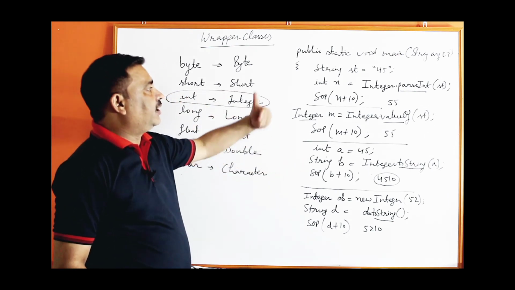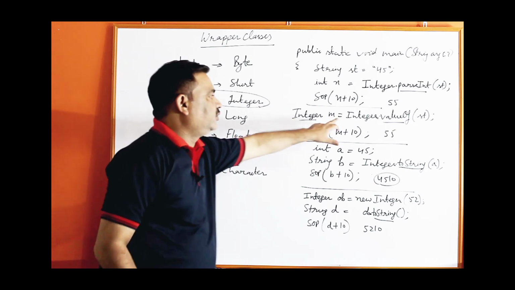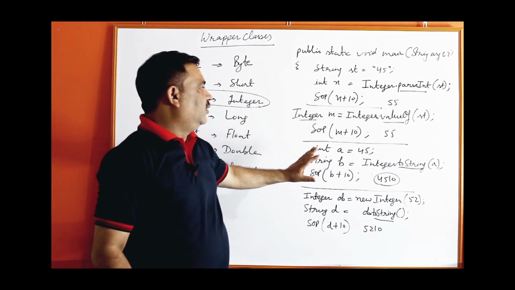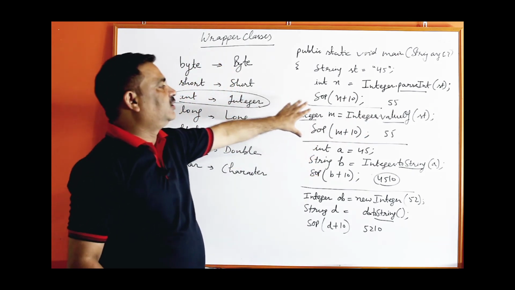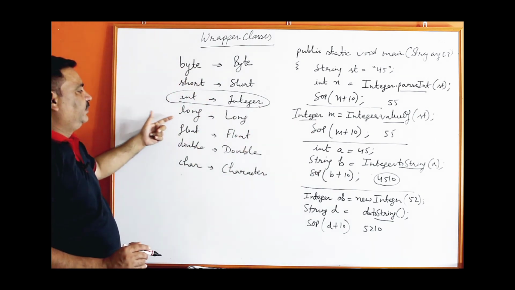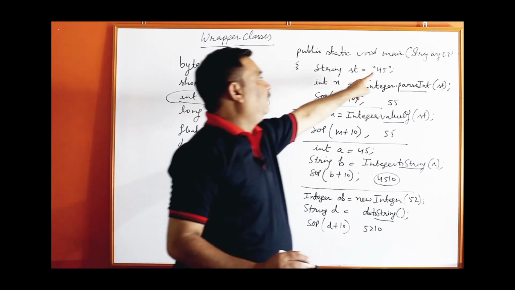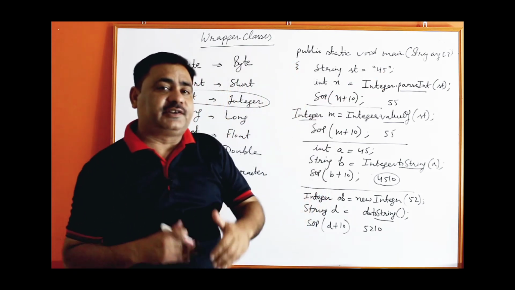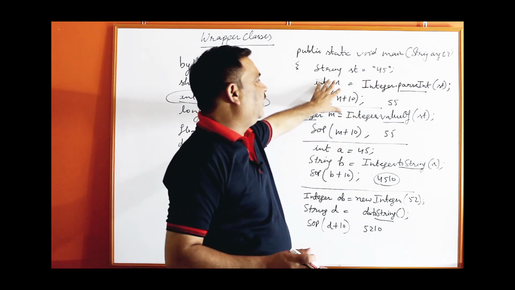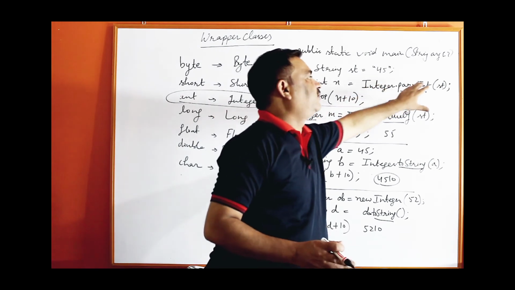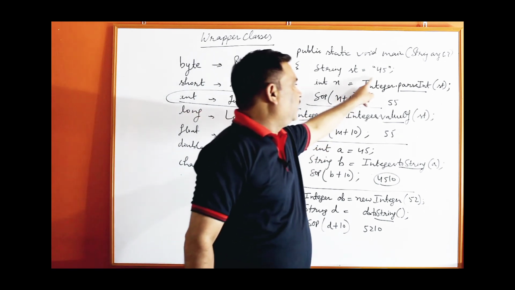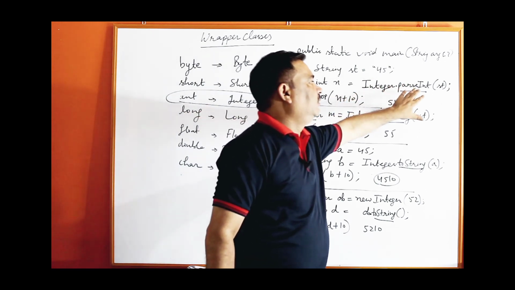Now, if you are using the Short wrapper class, then in place of Integer use Short.parseShort, Short.valueOf. Everywhere, in place of int or Integer, use the short data type. Same way byte and long and float. Same way for float, if it is 4.5 and it is required to convert into float, then write float n equal to Float.parseFloat. The function name is parseFloat, remember one thing, and the class name you have to write in place of Integer: Float.parseFloat.